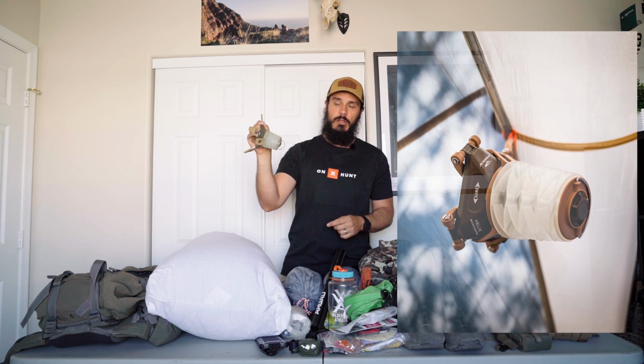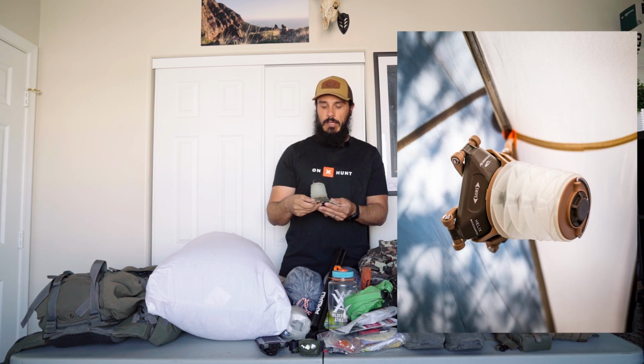So right now it's collapsed, right? But it extends, okay? And it's got these little legs on it. And the legs all have little hooks. So what I do is I'll just hang this from paracord inside the shelter, and it just lights everything up for me. Another cool thing about it is it's got a red mode on it,